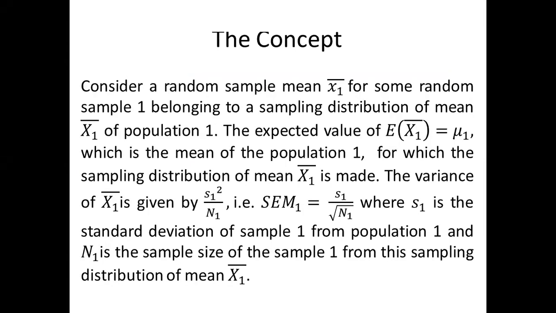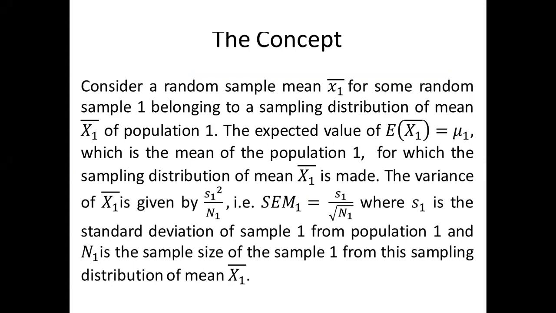We can do this estimation of difference of means in two cases. The first case is the case of two independent populations. That is, we will be provided with two separate populations and we would be comparing them. The second case would be that we will be given the same population and we would be comparing two different situations from that same population. So we'll start with the case of two independent populations.